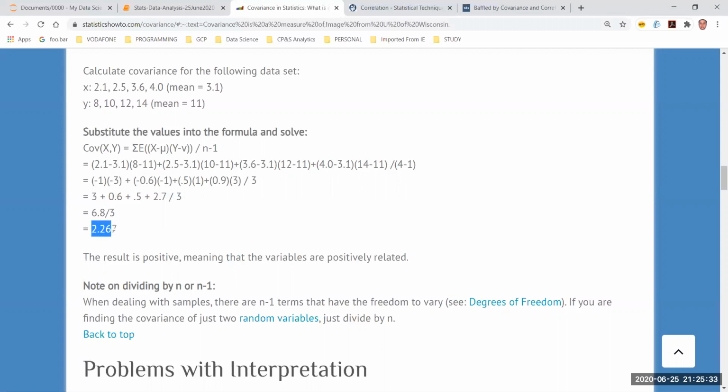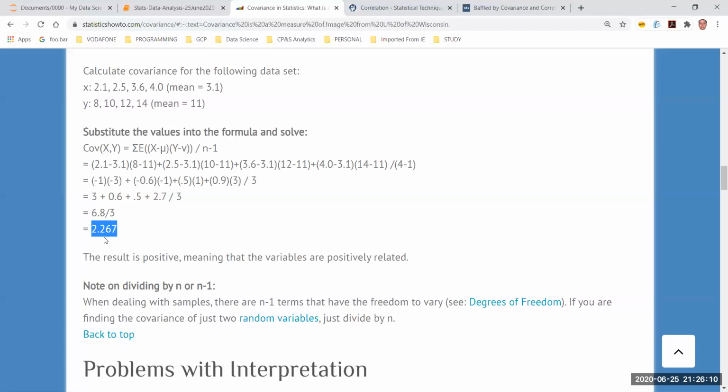Now what is the significance of this output? The significance is if this output is any number greater than 0 and quite greater than 0, let's say it is 0.2, that is also greater than 0, right? I'm not going to consider that as a positive relation between x and y. Compared to 0, 2.26 is not really high, but quite high. I can't say 0 is equal to 2.267, but I can approximate 0 is equal to 0.01, because there is hardly any difference between 0 and 0.01.